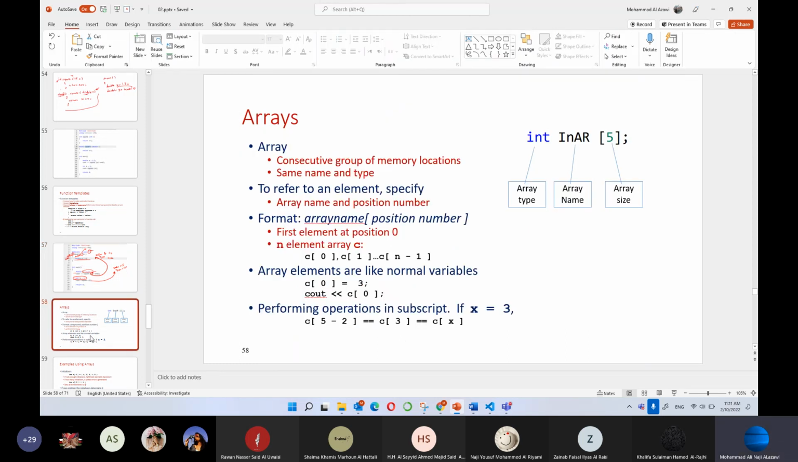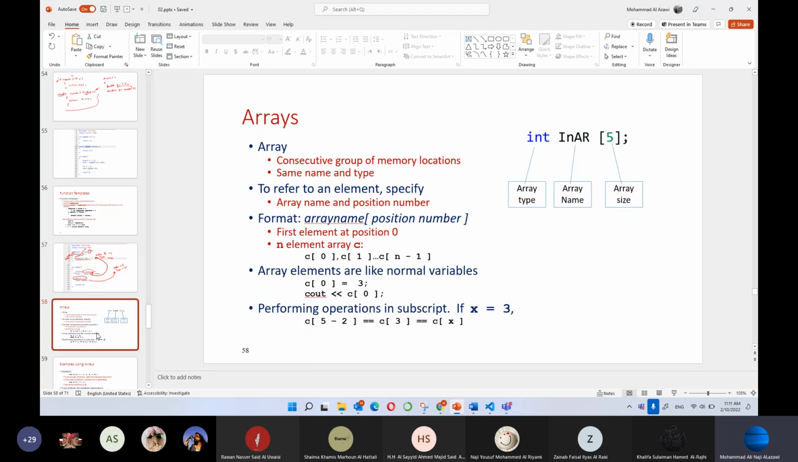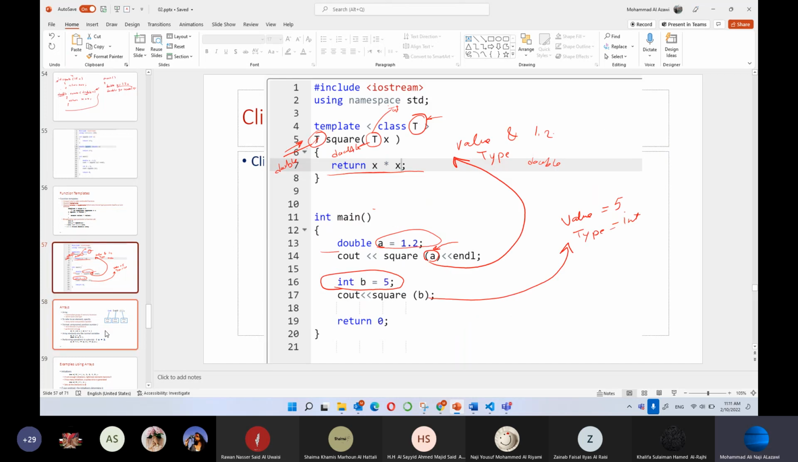Now another important thing, which is an array, or the arrays. What's an array? Okay, so